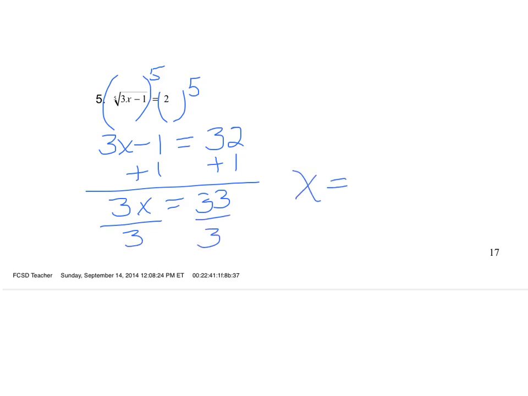X is 11. I'm going to plug it into the original to see if it works. And I'm probably going to need my calculator in front of me. 3 times 11 is 33, minus 1 is 32. The 5th root of 32 is 2, so it works. And my answer is 11. So that's how you solve radical